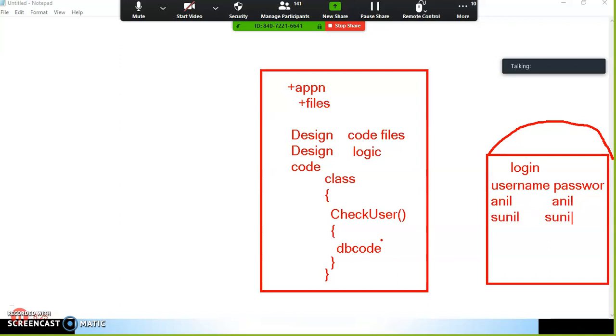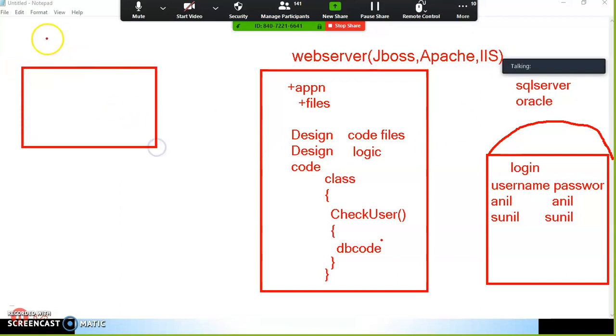If you develop any web application, whether you are a Java, .NET, Python or PHP developer, your application consists of one database. The database is kept in a database server like SQL Server or Oracle. Similarly, your application is kept in a web server. Is it clear? This is your web server. Web server means something like JBoss, Apache or IIS. So the web server consists of the application, and the database server consists of the database.